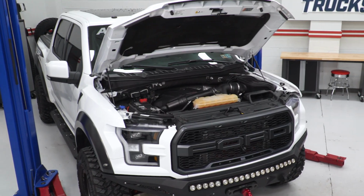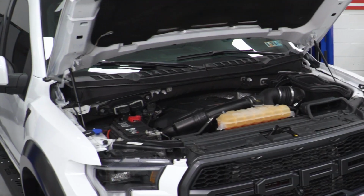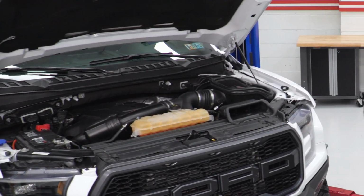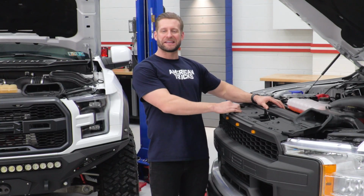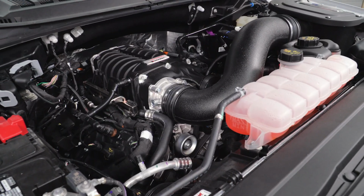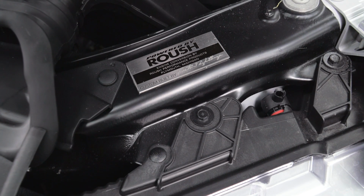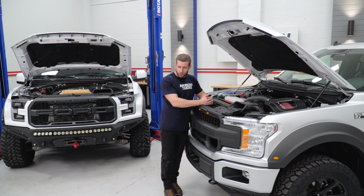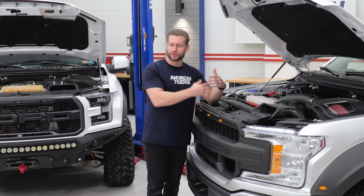Now, in this corner, you guys already know, right? That high output 3.5 liter EcoBoost V6 twin turbocharged, whereas in this corner, you're looking at that red-blooded American Coyote V8 topped off with a TVS 2650 supercharger from Roush. Advertised, this thing's gonna make a whole bunch more power, right? 650 horsepower, 610 pound-feet of torque to the crank,